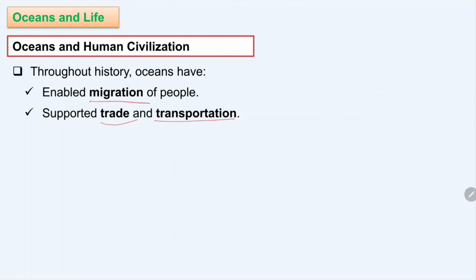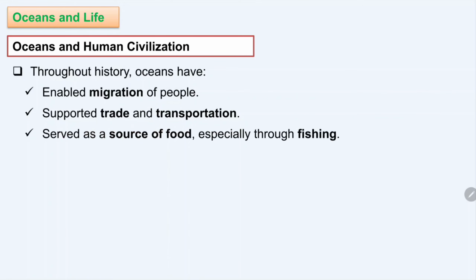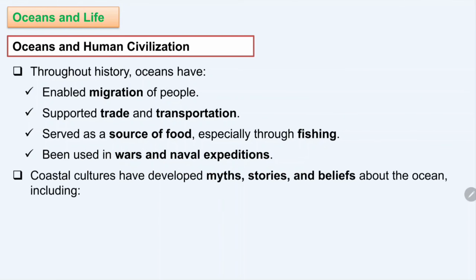And migration of peoples were happening. It takes so many days, but this is cheaper as compared to other modes of transportation, and it served as a source of food. How? Because of the fishing, isn't it? It provides us food. Oceans were also used in wars and naval expeditions. And coastal cultures have developed myths, stories and beliefs about the oceans, including